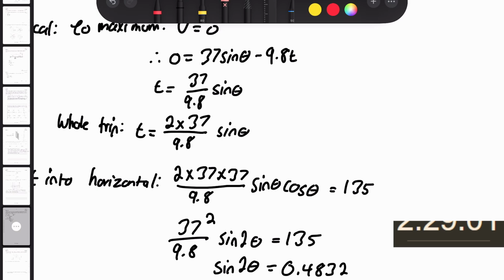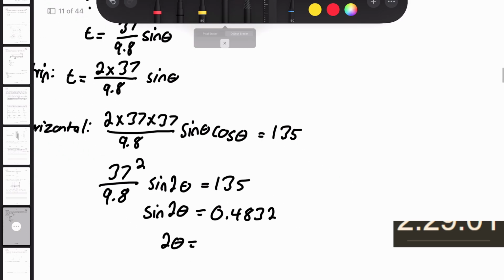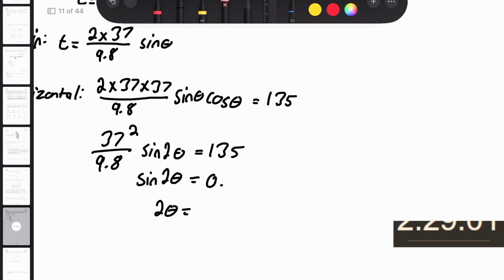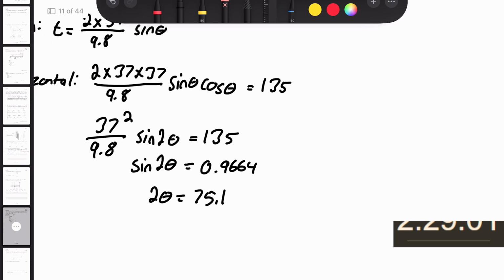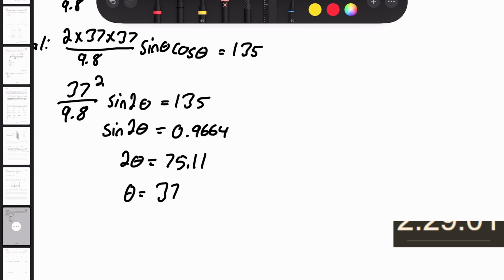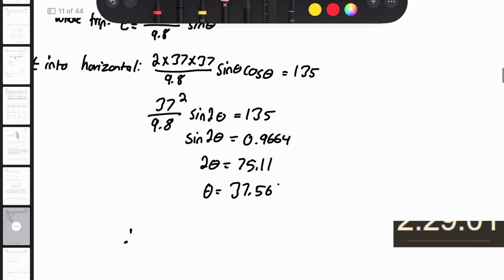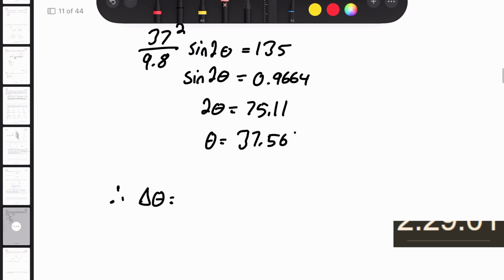Okay, now let's do this. So 135 times 9.8 divided by 37 squared is 0.9664. So inverse sine of 0.9664 is 75.12. So the theta is going to be equal to 75.11 divided by 2, which is 37.56 degrees. So therefore, delta theta is just going to be equal to 37.56